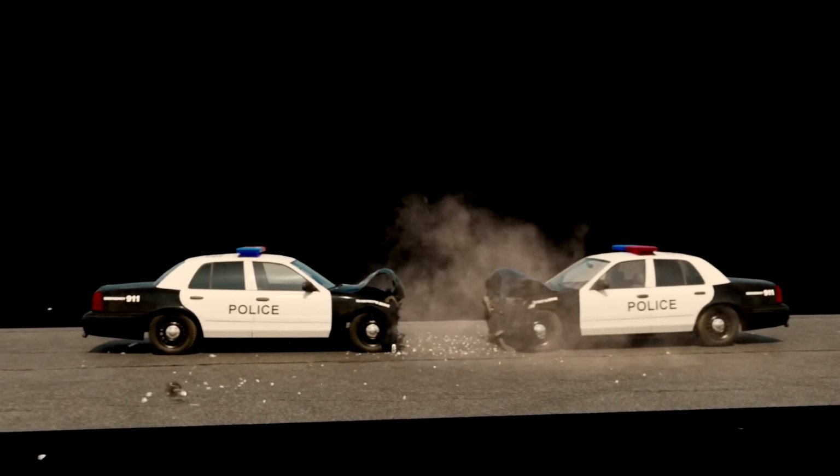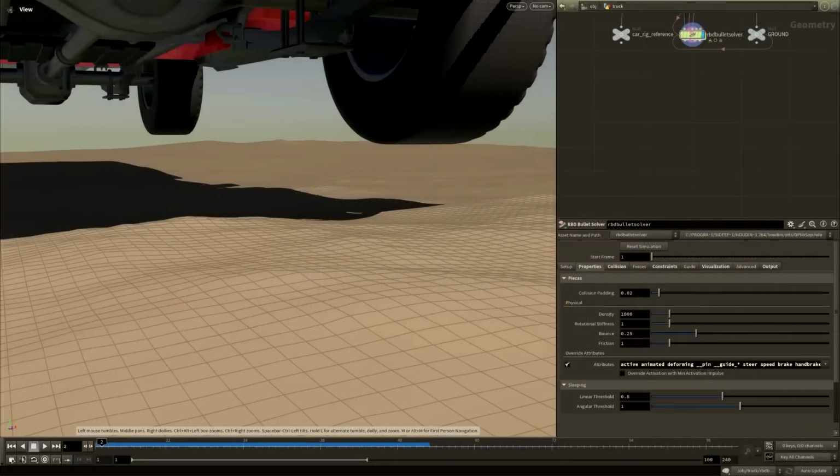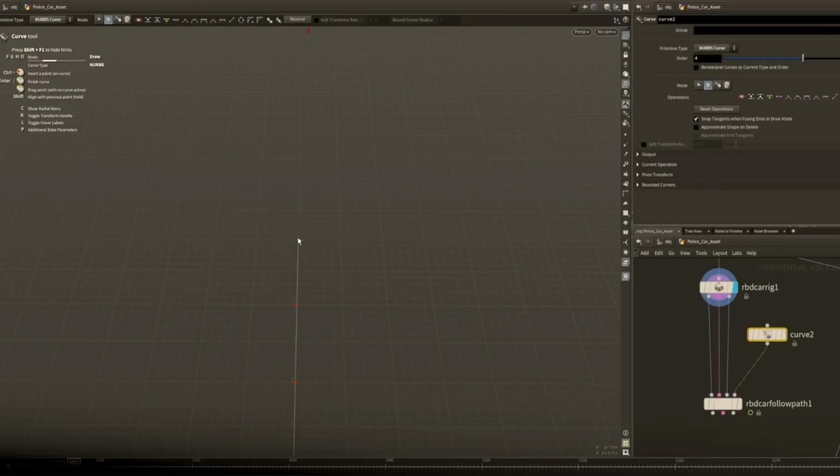So right now, the car rig does not have this destruction aspect built into it, but stay tuned. Things are going to evolve over time, but for the moment, it does not. It has follow path and a lot of other really interesting built-in effects. One of them that's really nice is the car rig that will